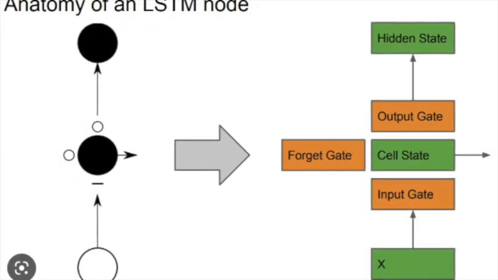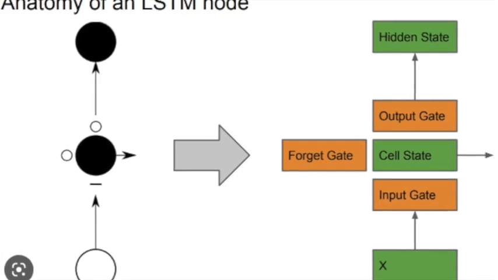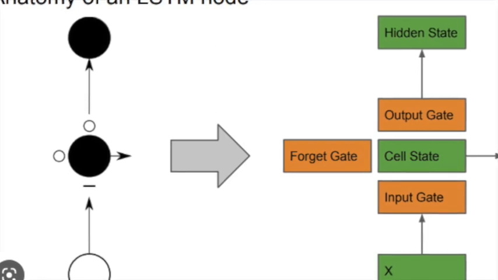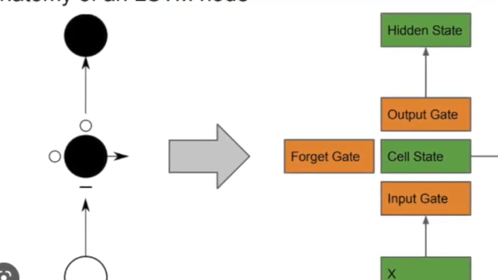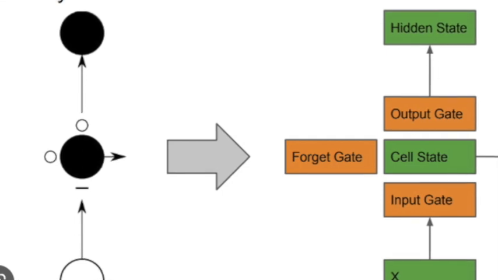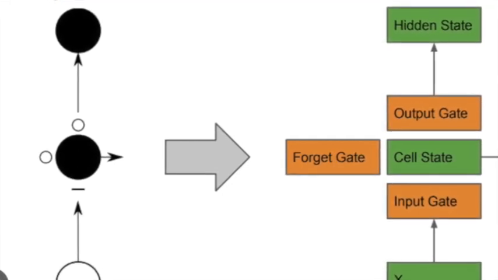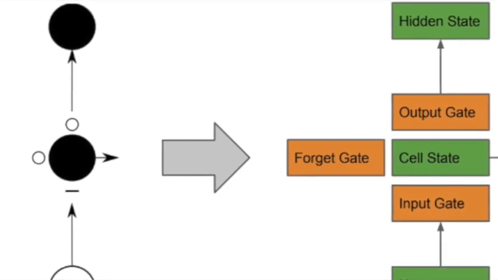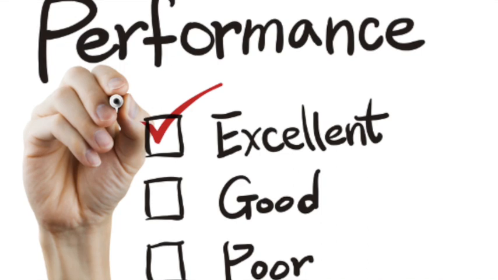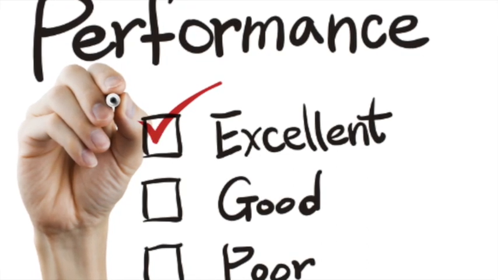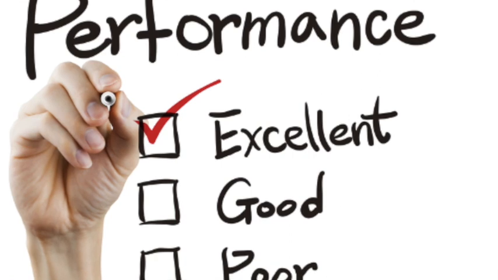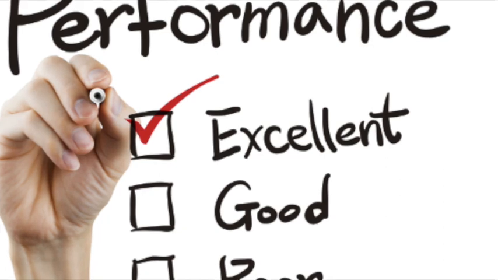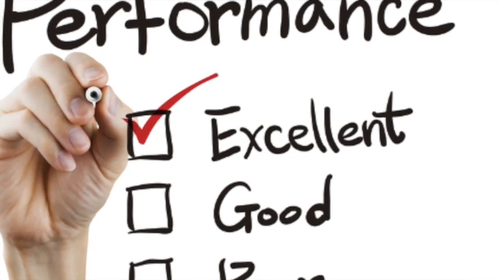LSTM addresses the vanishing gradient problem by introducing a memory cell which is used to store information over long periods of time. The memory cell is equipped with a set of gates. These gates are input gates, output gates, and forget gates, which are designed to selectively allow information into and out of the memory cell based on the relevance to the current task. So LSTM has proven highly effective in processing sequential data and has achieved results in a wide range of applications. As such, they are an important tool in the field of artificial intelligence and machine learning.